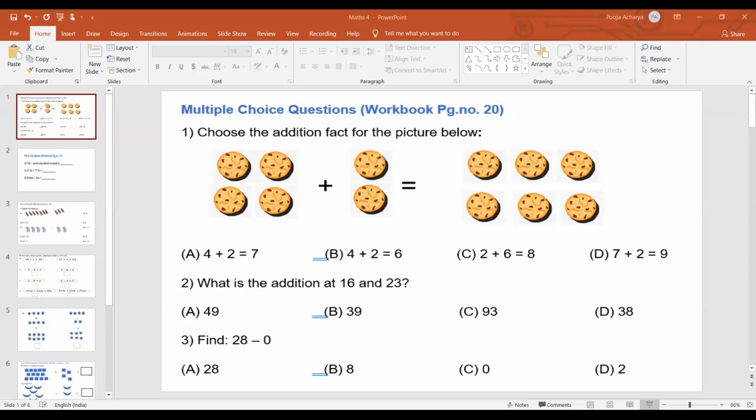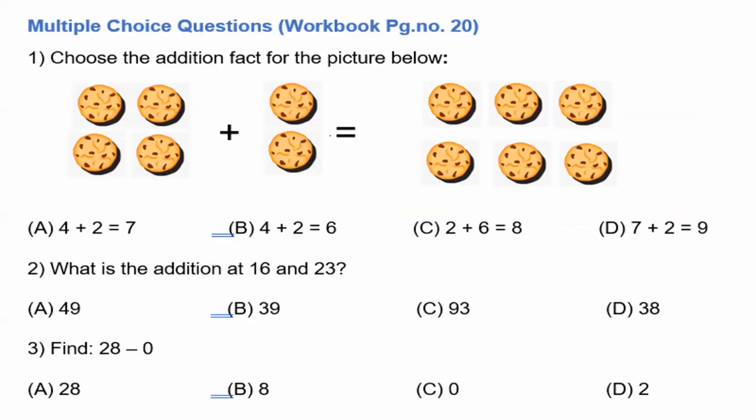So choose the addition fact for the picture below. What is the meaning of this? How many biscuits are given in the first picture? How many biscuits? 4 biscuits. And here, how many biscuits are given? 2 biscuits. So 4 plus 2 is equals to